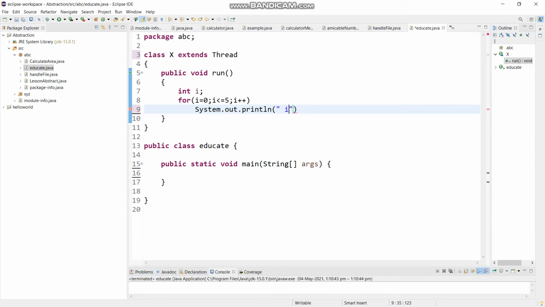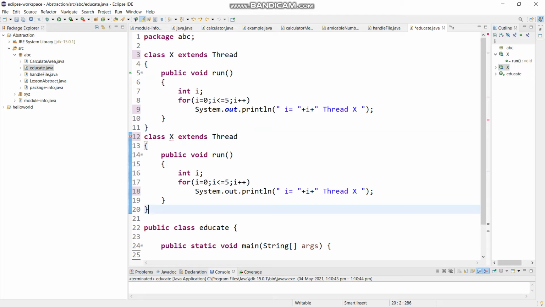I should put some spaces for i equals to, and then concatenate i inside both of these display sections. So I have given i equals to plus i plus thread x, and I will copy the whole section, and